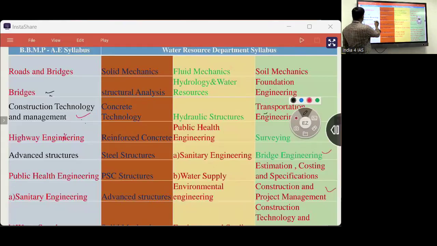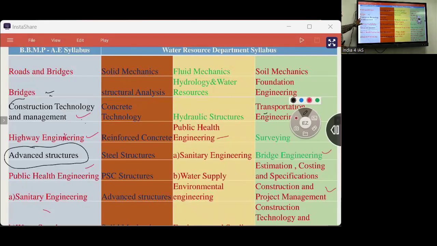This is also fine. So advanced structural engineering, now you need to study this advanced engineering. Now public health engineering. See, this public health engineering will come in both cases. There is public health engineering, and sanitary engineering there also. Nothing but water supply is additional. So we can figure out, see, that's what we planned. If you study this WRE department syllabus, in spite of that, you study extra, it's advanced,